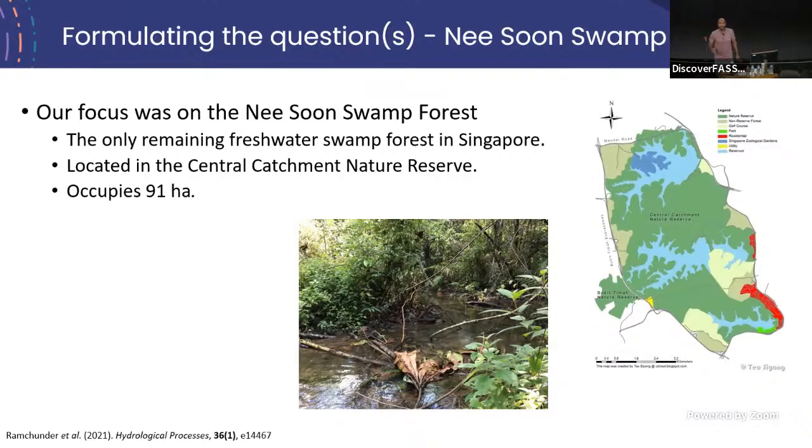So I'm going to very quickly take you virtually through Nee Soon just by describing it. Okay, so Nee Soon is a swamp forest, which basically means it's very boggy, it's wet. So there are parts where you will sink. That's fun, right? You get muddy and so on. It's very slow flowing streams, right? It's very slow. It's not like rapids or anything like that. They're pretty small streams.